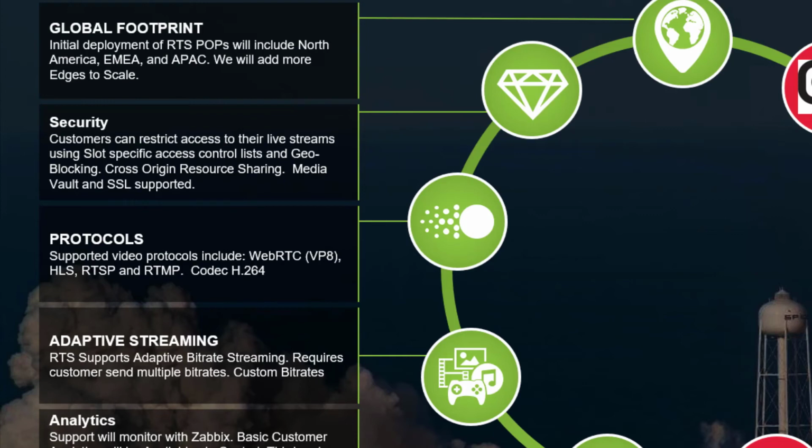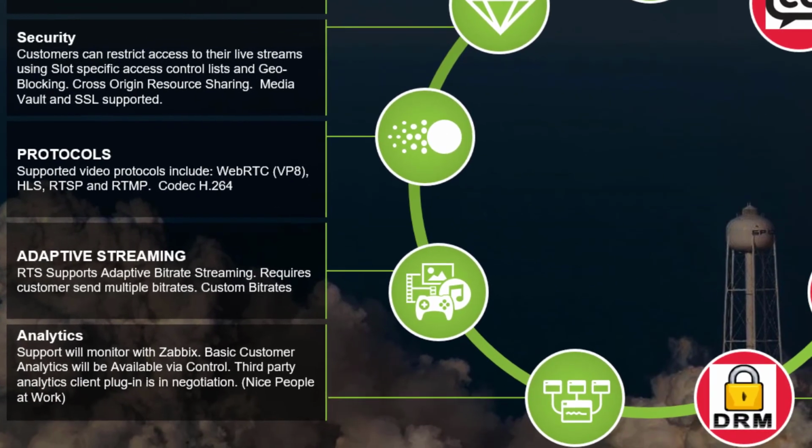The protocols used in WebRTC, or our version of real-time streaming, is VP8, HLS, RTSP, and RTMP. The codec is H.264. Real-time streaming supports adaptive bitrate streaming, but requires the customer to send multiple bit rates. They can also send custom bit rates as their needs require. Analytics. Support will monitor the servers with Zabbix. Basic customer analytics will be available via control, and more detailed third-party analytics are being developed by an outside company,